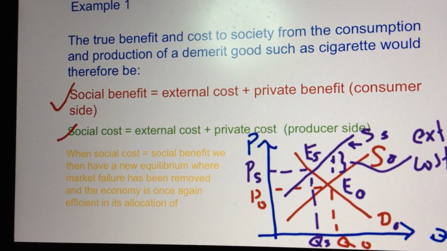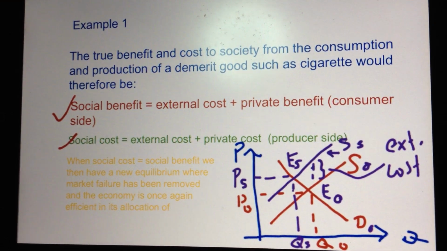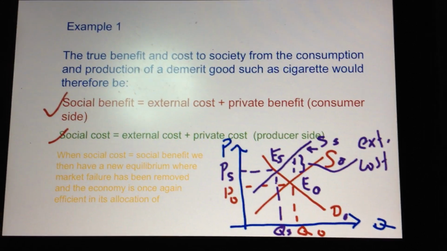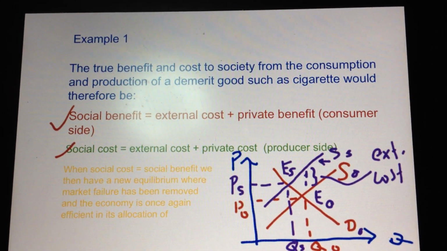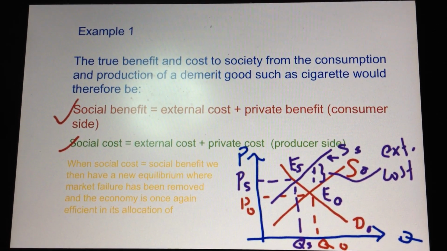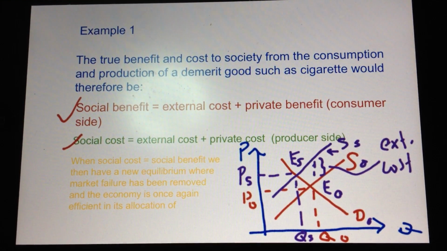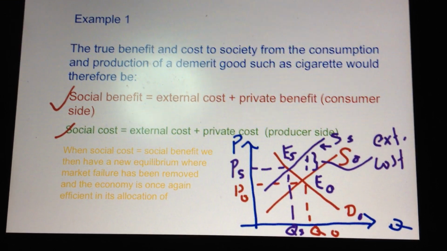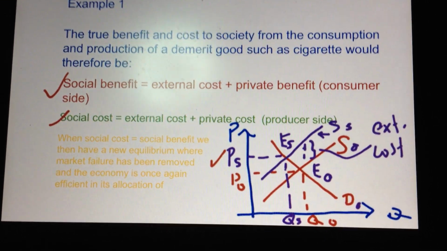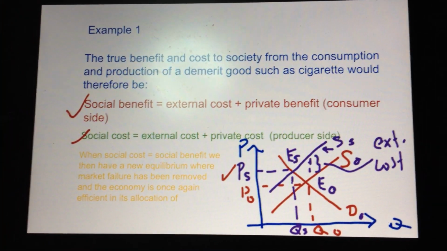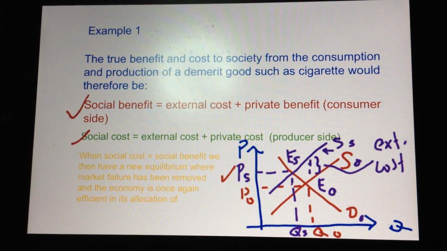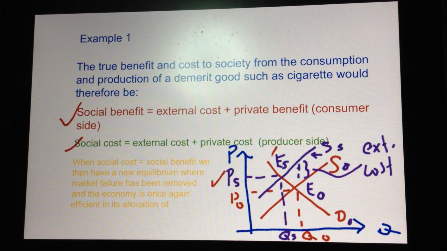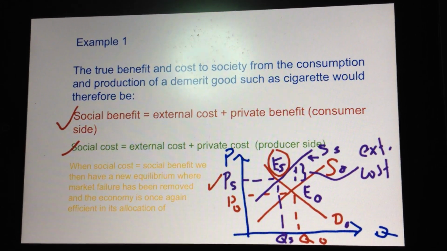So ultimately, when the social cost and the social benefit take into consideration the external cost to society, we will input the cost to society. The price mechanism has to take into consideration the medical costs of the third party, the sufferer of the second-hand smoke. Then we can have a new price called PS here. Now, PS represents the actual social costs and social benefit. And at this point, the new social cost and the social benefit will be equal to each other. And at this new equilibrium ES,